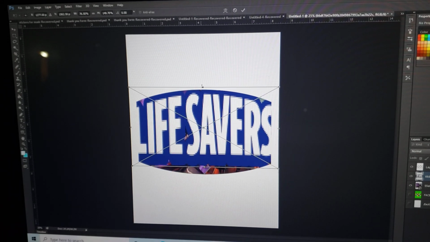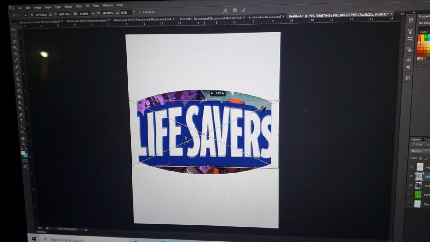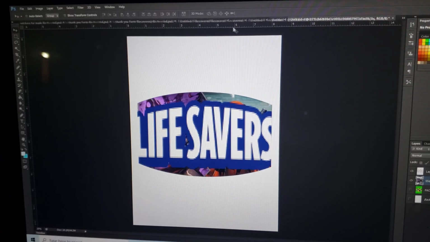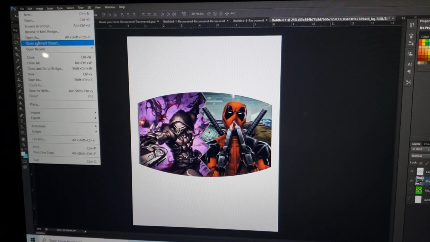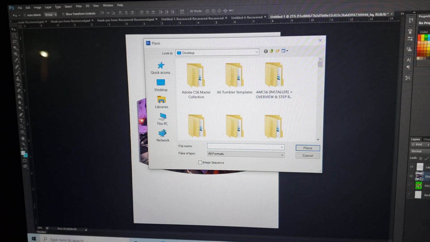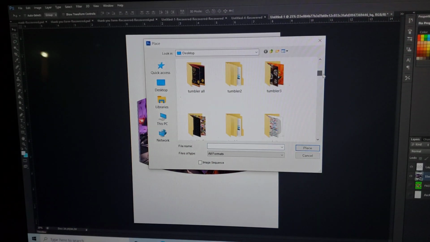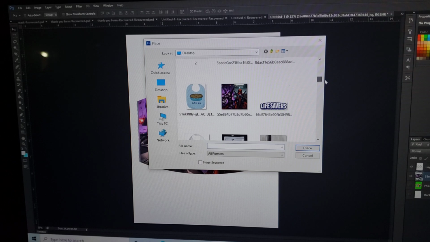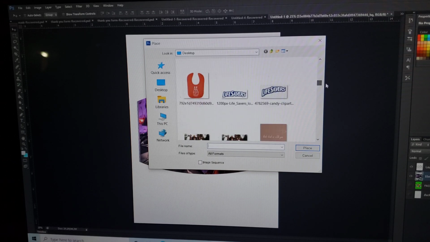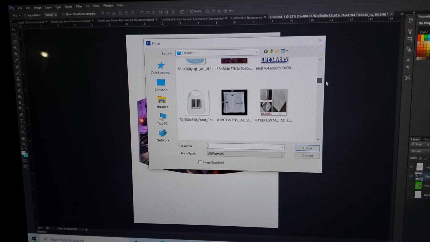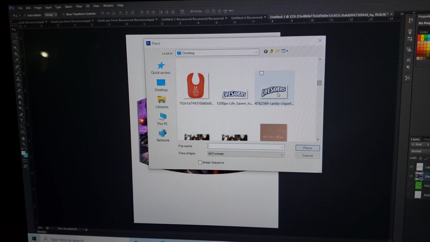But what you can do is just skew the whole thing and move it down. But I'm going to show you another way too, and we're going to undo that real quick, and we're going to replace that one more time. And I'm just going to show you, if you want it to warp to the top of the edge, when you do that, it's not going to be right, but here's what you can do to make the template. You can actually